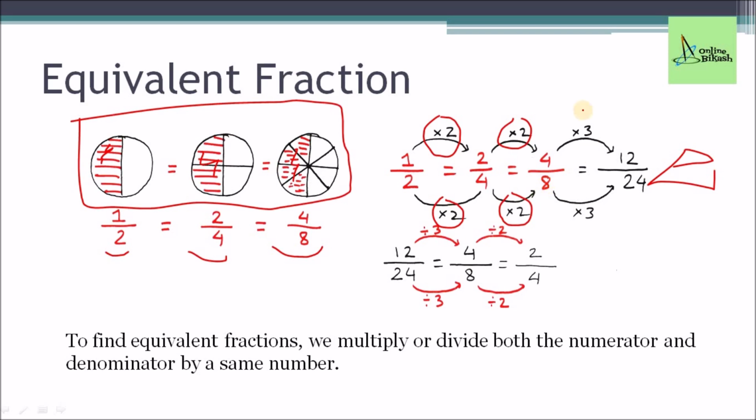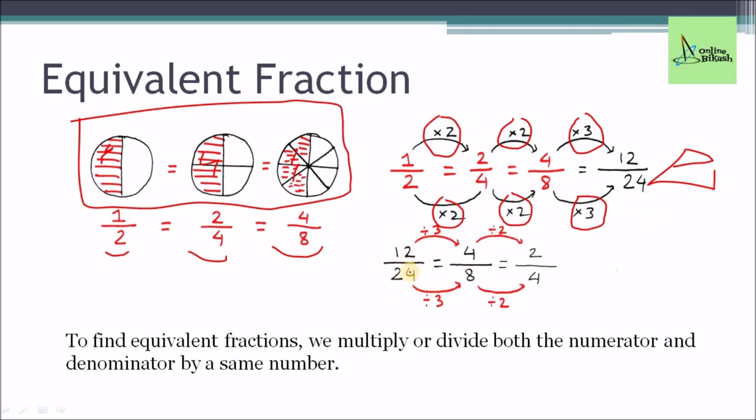Now to get more equivalent fractions of 1 by 2, or say 4 by 8, if you multiply a common number with the numerator and the denominator, in this case we have multiplied 3 with the numerator and the same 3 is multiplied with the denominator of 4 by 8, then what we will get? 4 3s are 12 and 8 3s are 24. Meaning to say, whenever you multiply a same number with both the numerator and denominator, then you will get the equivalent fractions. Is it clear?